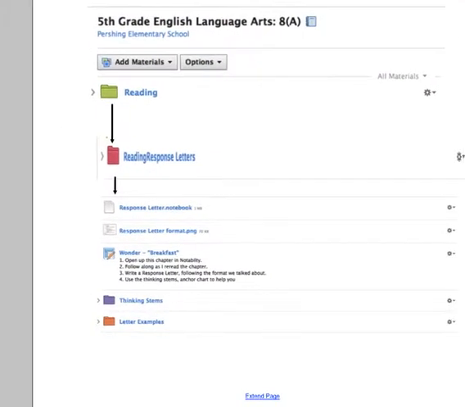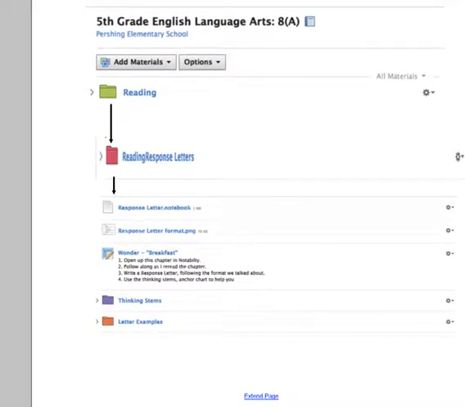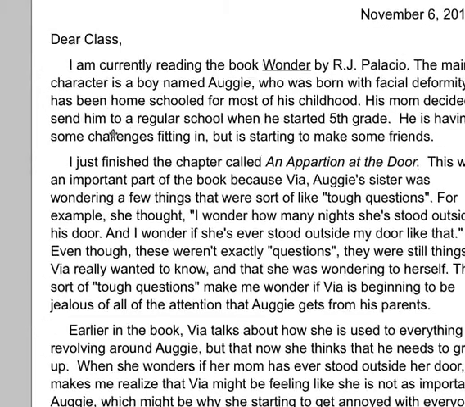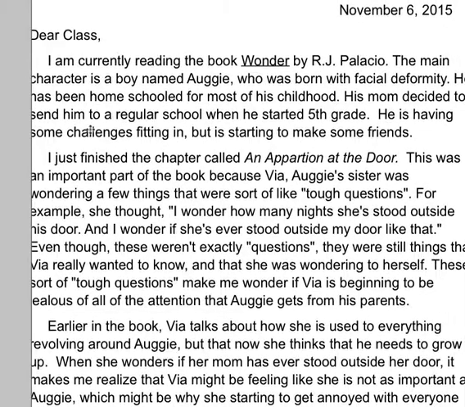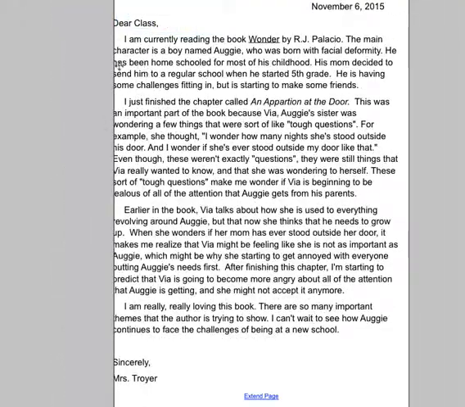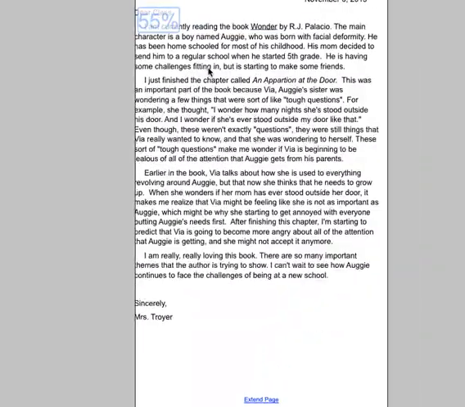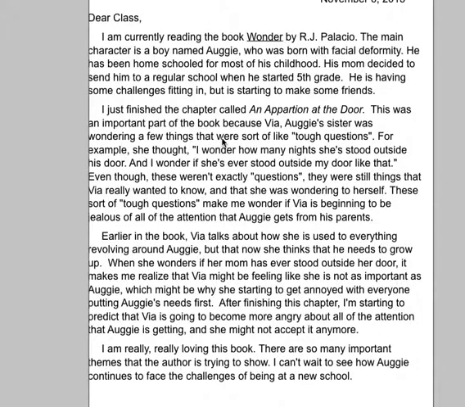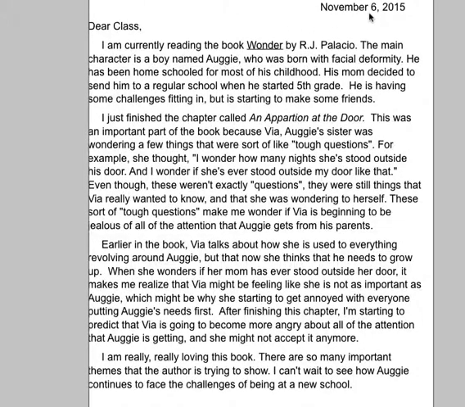So everything is in here, so there will be no excuses as to why you wouldn't know what to do. Okay, so next I'm going to review an example of a response letter that I wrote and that we did kind of go over. So let's look at it right now. It's hard to see, but I think you can see it. Okay. Dear, notice the date up in the upper right hand corner, the greeting, dear class.